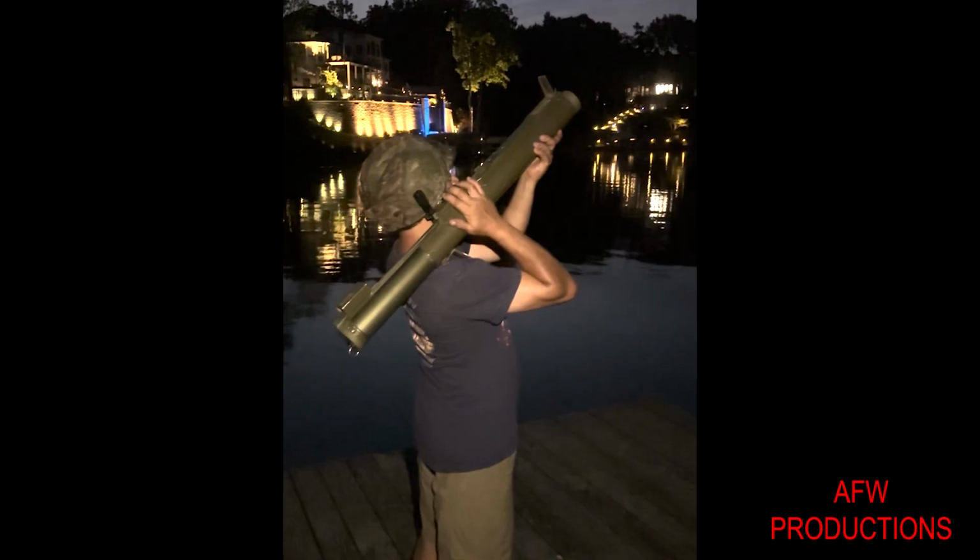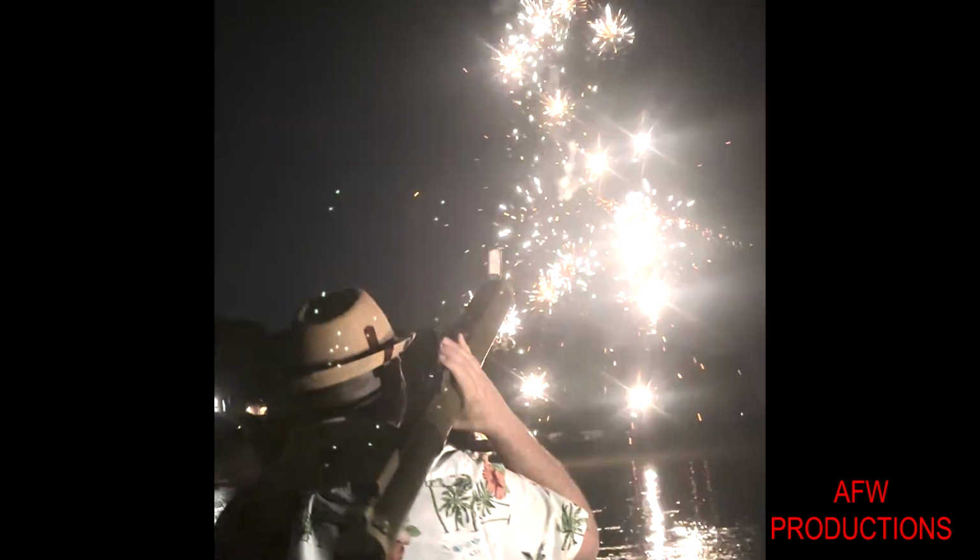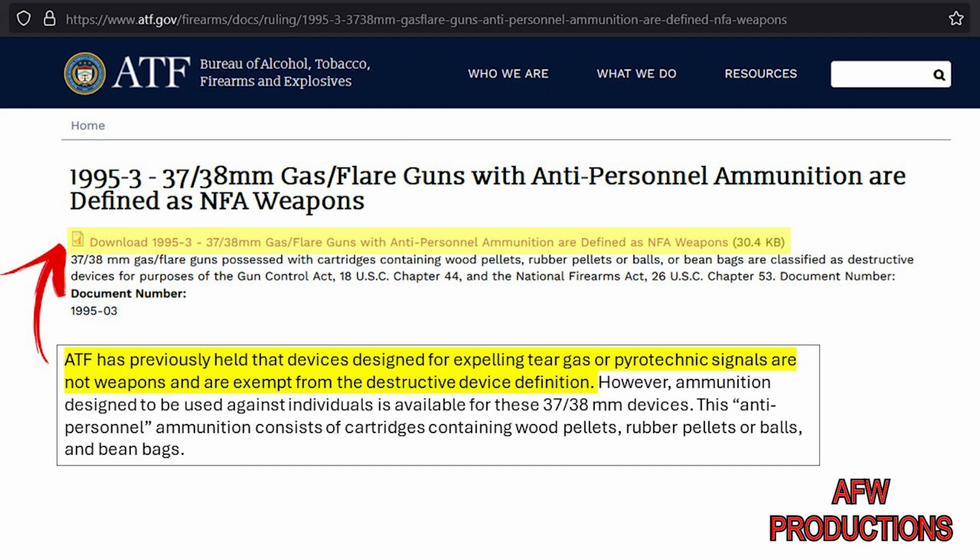Now, if you haven't been following along with these projects, the BeastLoader is a subcaliber insert for deactivated M72 LAW tubes. The subcaliber insert can chamber any 37mm casing, integrates into the existing trigger mechanism, and best of all, it does not require any permanent modification to the deactivated tube itself. And to top it off, 37mm signal devices aren't regulated, so they can be shot off anywhere and any time